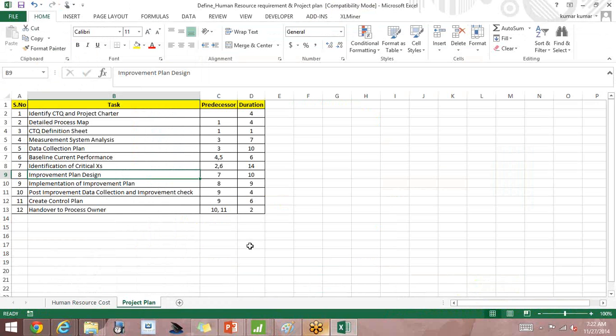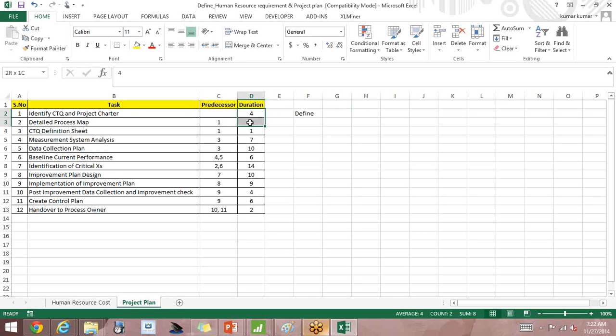If you see, identify CTQ and coming up with detailed process map, these two are part of your define phase. Tasks 1 and 2, those two are your define phase.